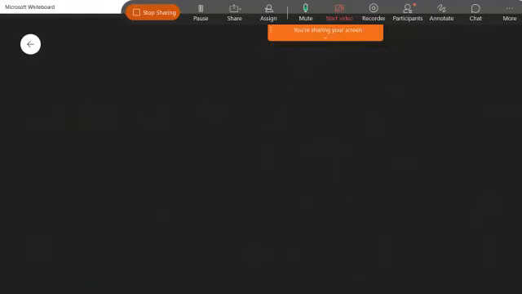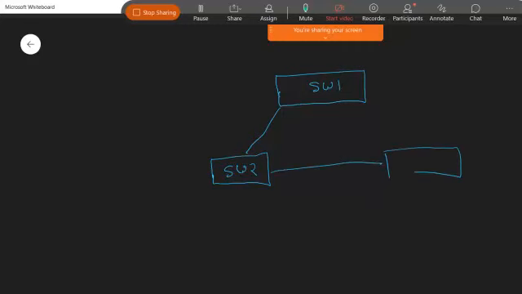So suppose here are the three switches we have. Switch number one, switch number two, and switch number three. I'm taking the same example. The default priority of a Cisco switch is 32768.